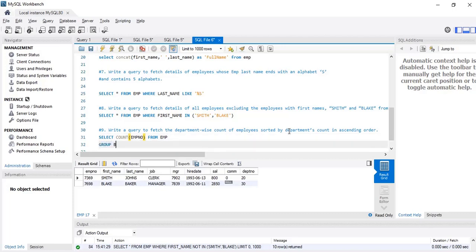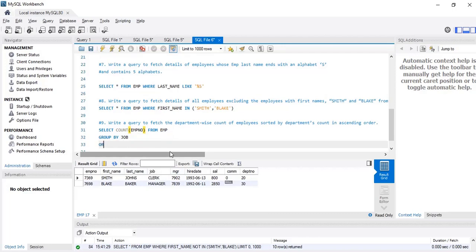So group by department. Here in this case we'll use the column job, group by job, and then we have to order them. So count we are printing, and we'll also print the department, so job. So we'll first group them and then we'll order them.